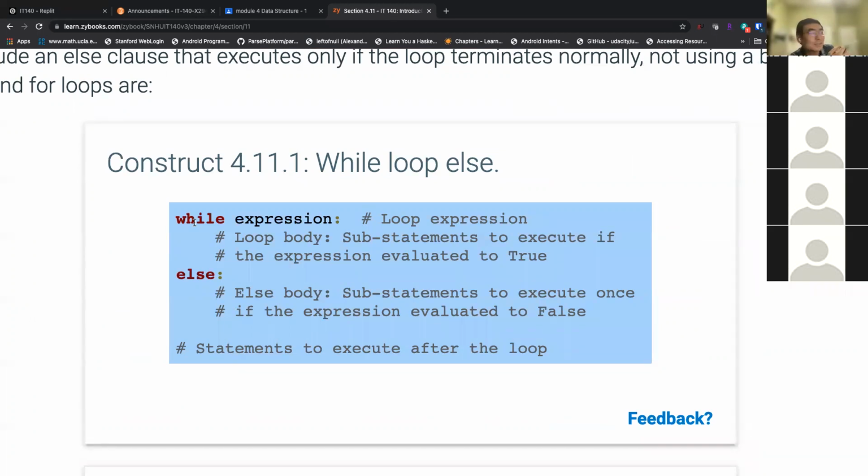If the expression is false, no. It's actually the thing is that it means if the while loop is completely finished without a break, then you will jump to this else, right?